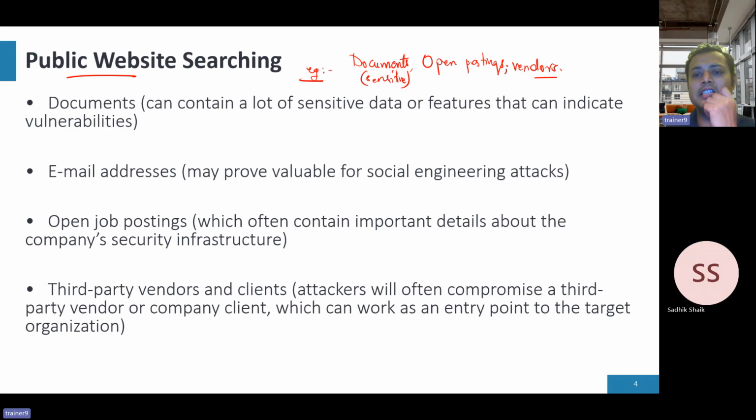Because what happens is these vendors or clients might have access to the companies through them. So rather than going a direct way of connecting or reaching out or compromising them, I found a workaround through the third party vendors, right? So that is one way you can see that a lot of these,